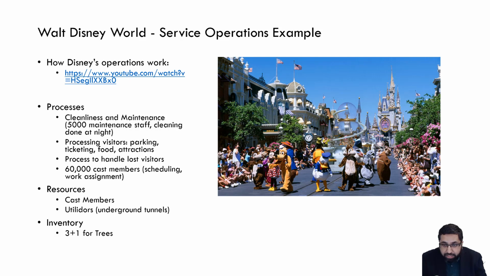There may be upwards of 60,000 cast members. Imagine scheduling 60,000 people, their shifts, their roles, what they're going to do, where they're going to go, what costumes they're going to need. And then the way this happens is you never see the back-end operations as a visitor. You never see cast members wearing costumes, getting ready. You never see inventory move around the resort. Well, why is that? Because underground the resort, there are underground tunnels called utilidors. Utilidors allow the resort to manage their processes hidden from the sights of the visitors.